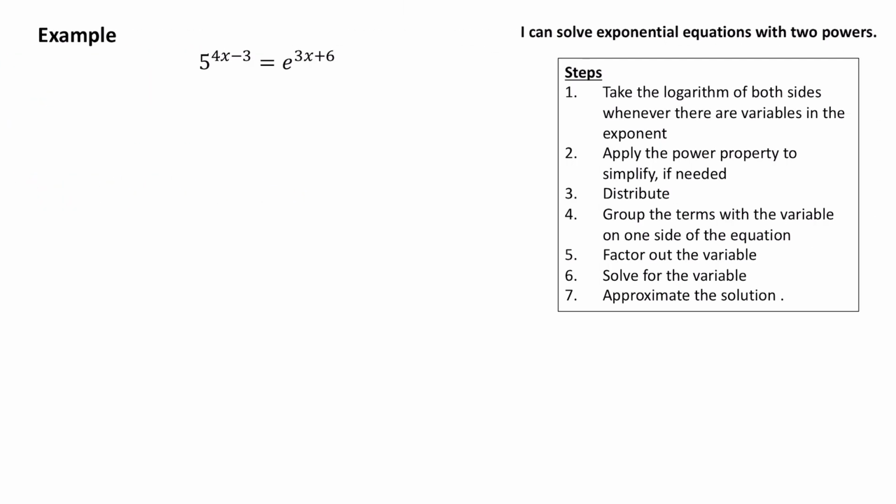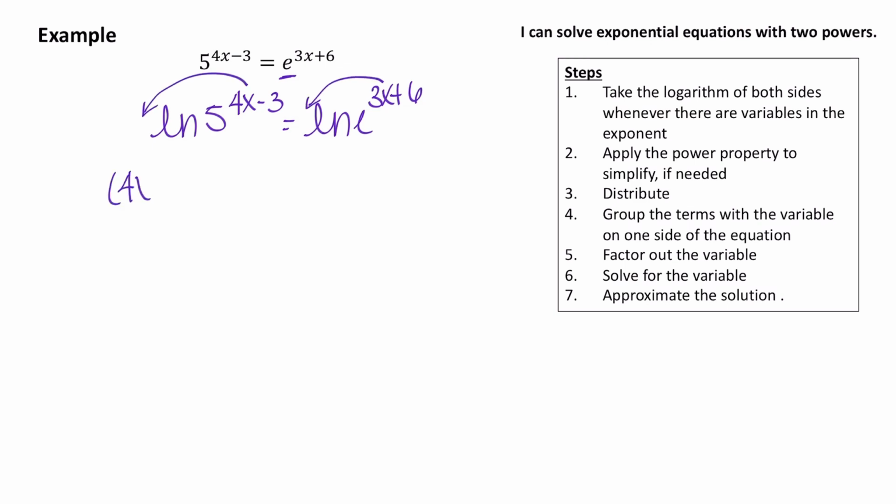Okay, so now let's solve this equation. Once again, we have a base of e, so I'm going to take the natural log of both sides. So we have the ln of 5 to the 4x minus 3 equals the natural log of e to the 3x plus 6. Okay, so I'm going to go ahead and bring that power down in front. So I have 4x minus 3 times the natural log of 5 equals 3x plus 6